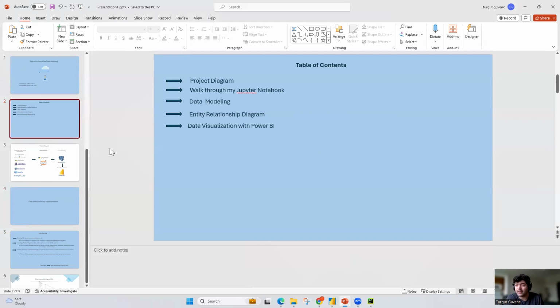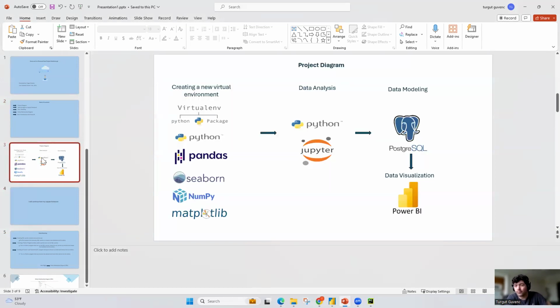So data modeling. We will create a database and get our data to Power BI from our relational database. And I will explain right now why I use that method. You will see everything. So first of all, whenever I start a data science project, I always start by creating a new virtual environment, because in the future, if you are going to use the same code or the same analysis